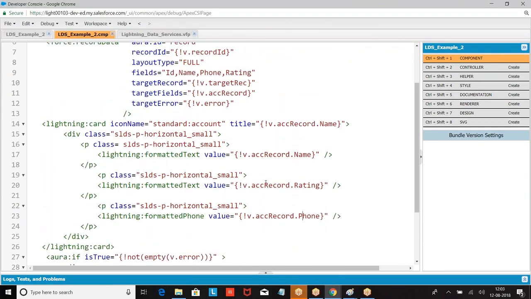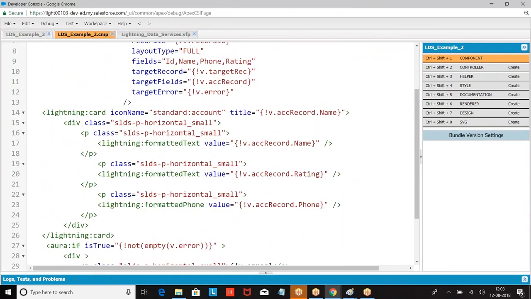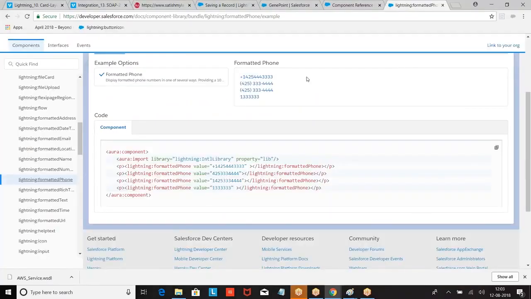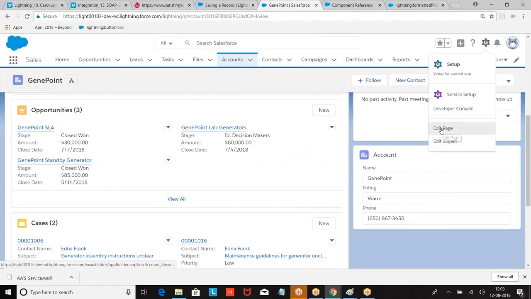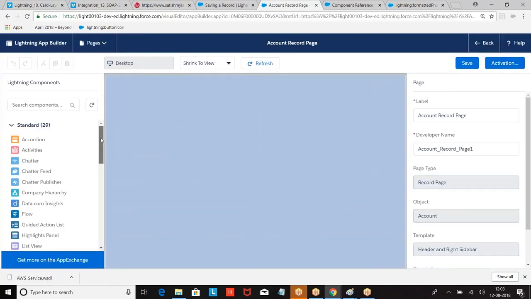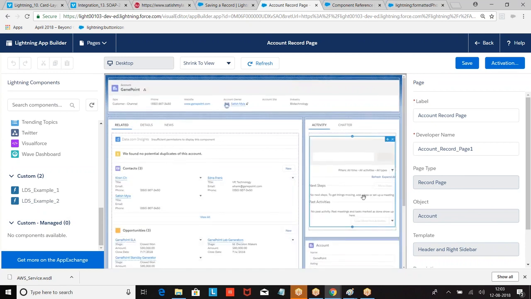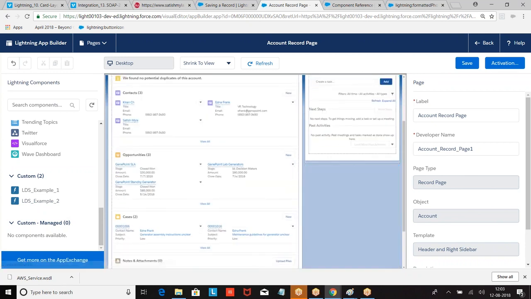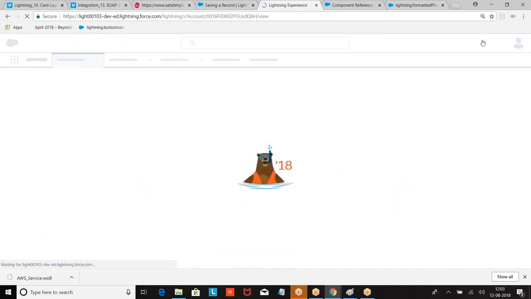Right, boss. I hope there are no queries on this. Still we are on the loading only. We didn't perform any calculation operations. Now what we are supposed to do? Go to the record, still the account record. Settings, edit page. You scroll down, you find lightning. I will try to remove this edit form and try to add LDS2. Save it. Back.